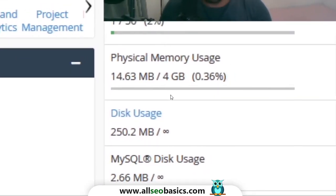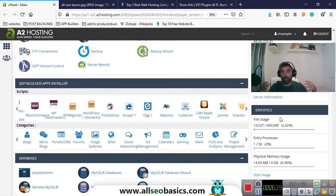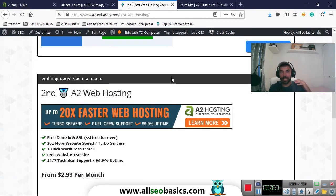So still a shared server, but I have gone for the turbo kind of settings. And it's giving me really good settings here, because 4 GB is crazy, and 1 out of 50 processes, and all this is just amazing. So this is great when you guys want to create a blog. With that kind of settings, that kind of web host can easily handle up to 5,000 to 6,000 users a day,